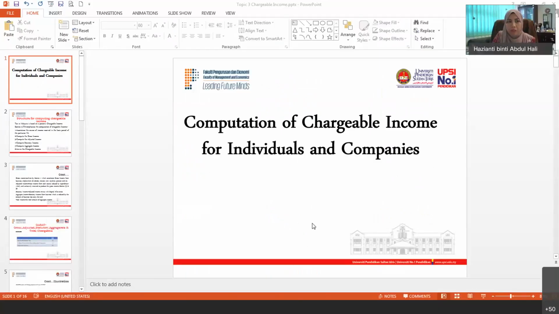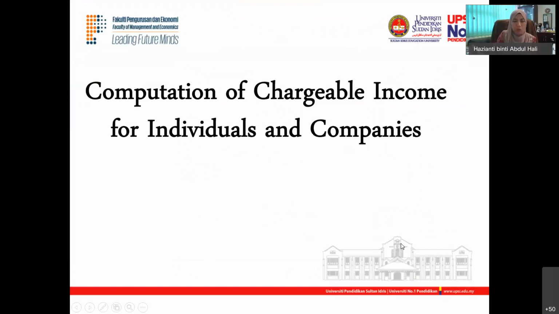Alright. So I have here, this is actually for our topic 3. This is just the format for you. Since we have done adjusted income today, I just want to show you the format of our chargeable income. But this slide is actually for individuals and also companies. I have uploaded the notes in our My Guru portal. You can check later. But for this topic, I just want to show you the format which we can use